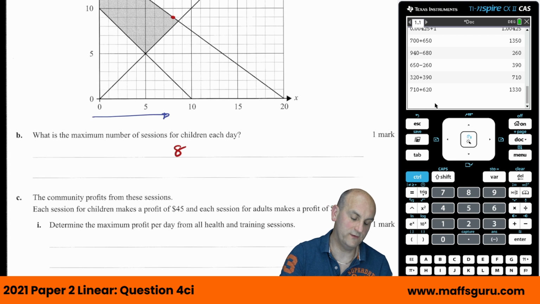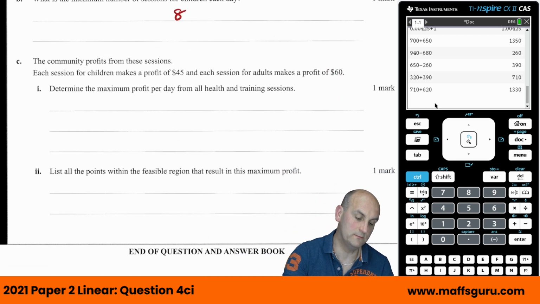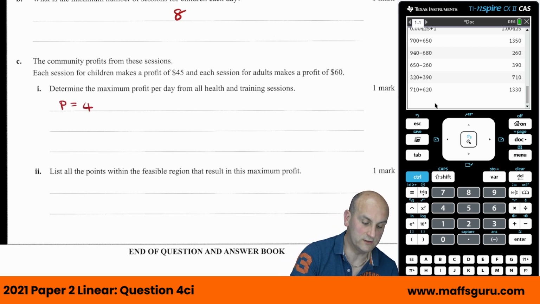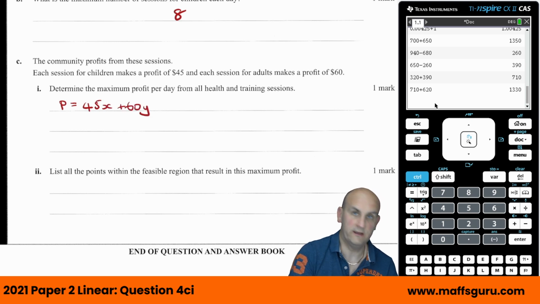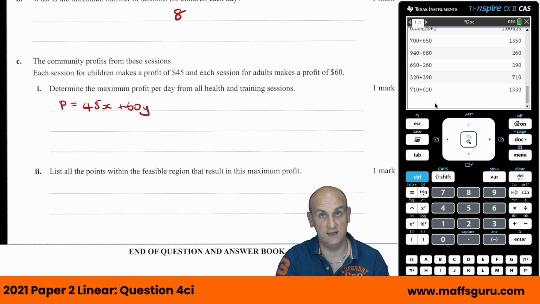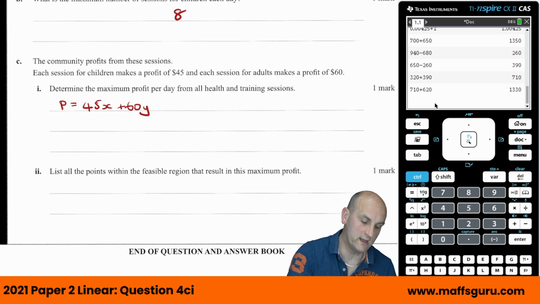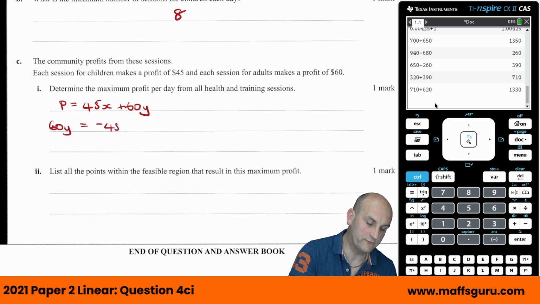The community profits from these sessions. Each session for children makes a profit of 45 and adults is 60. Determine the maximum profit. So what I said was, well, we can find my profit function as 45x plus 60y. Now again, whenever I do these questions, and I haven't taught the linear module for about 10 years, I remember with these ones, I always used to rearrange it to give me y equals. So I've got 60y is equal to minus 45x plus p,